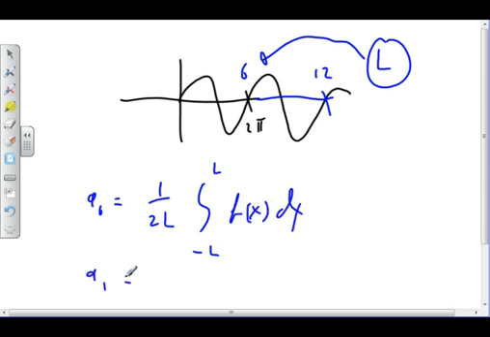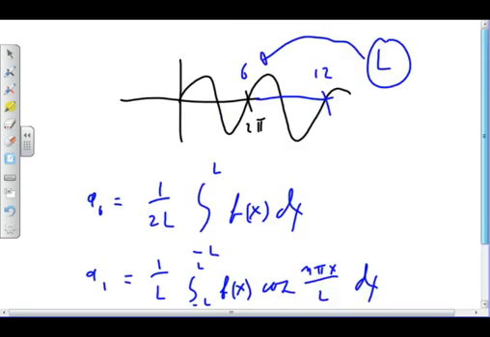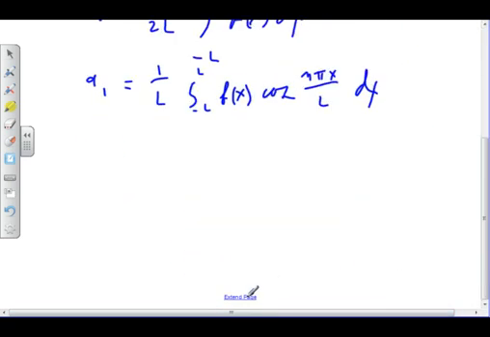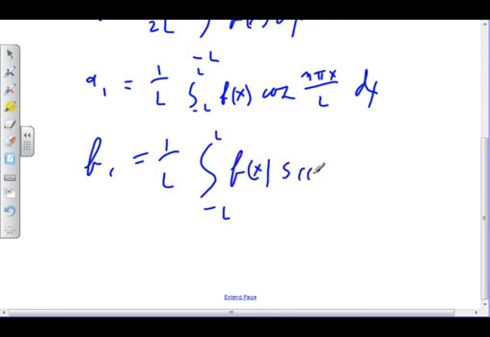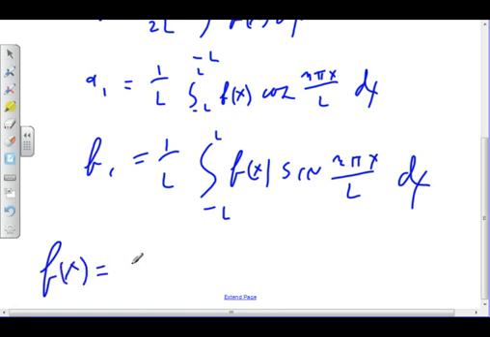And An is equal to 1 over L, integral minus L to L, f of x cosine n pi x over L dx. And my b's become 1 over L, integral minus L to L, f of x sine n pi x over L dx. And then my function, when I get done, is going to be A0 plus, and this is on page 990,